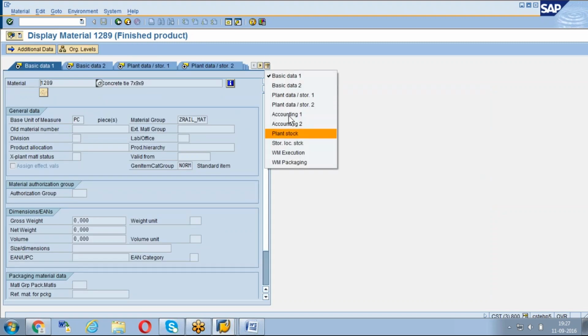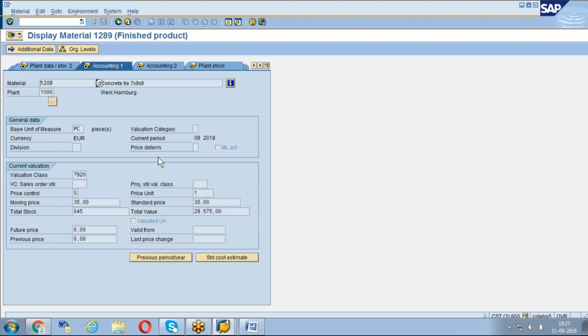I have a question. These movement types from SD are different than the movement types in MM. Yeah, movement types in SD generally will be the 6 series, 641, 643 and all, but our movement types 101, 1 series, 2 series, 3 series, everything is MM only. If you watch that goods receipt, goods issue video, I explained about the movement types also. For example, 1 series is receipts, just a blind understanding.